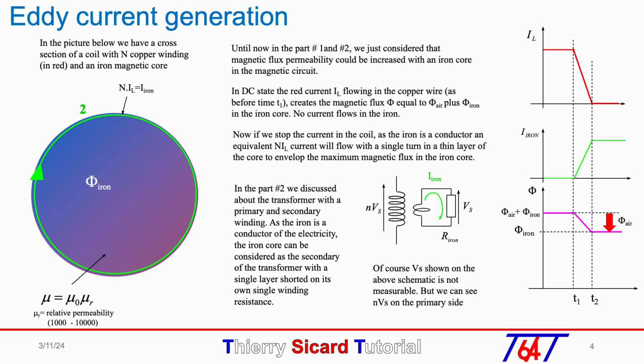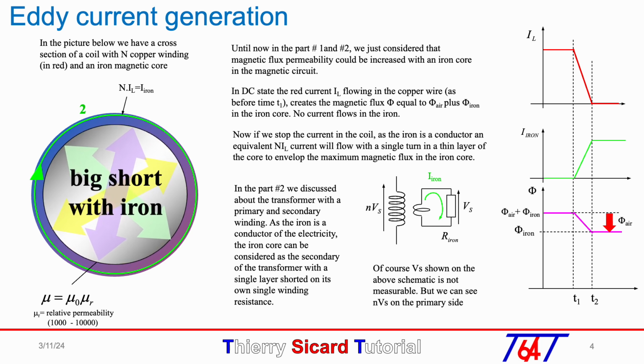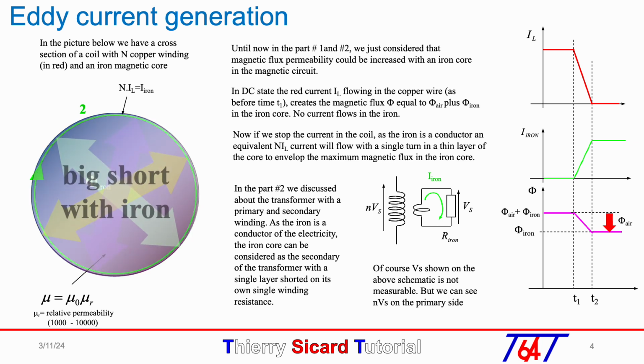The iron current rotates on the edge of the iron cylinder, but as the complete cylinder is in iron, in the middle of the rotating current, it is a big short circuit. So the question is, why does the current rotate on the edge as if the internal short did not exist?